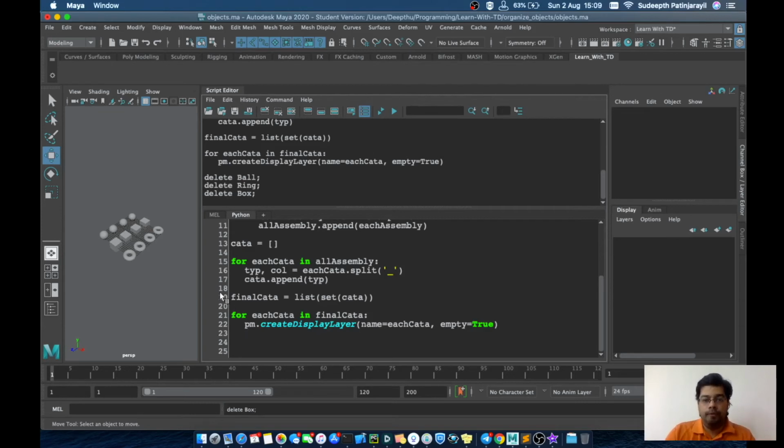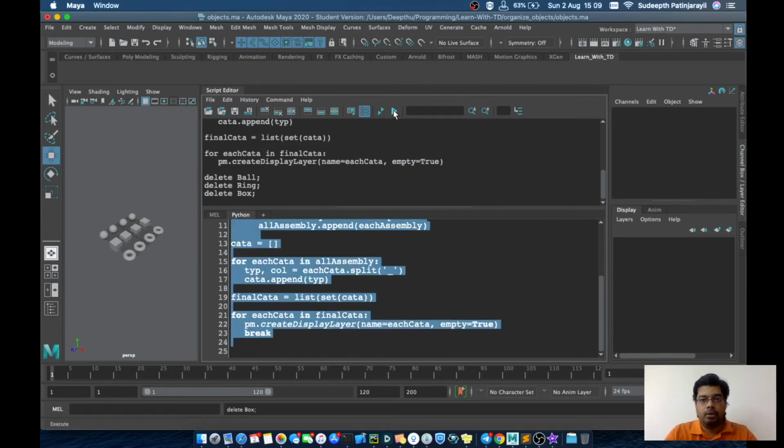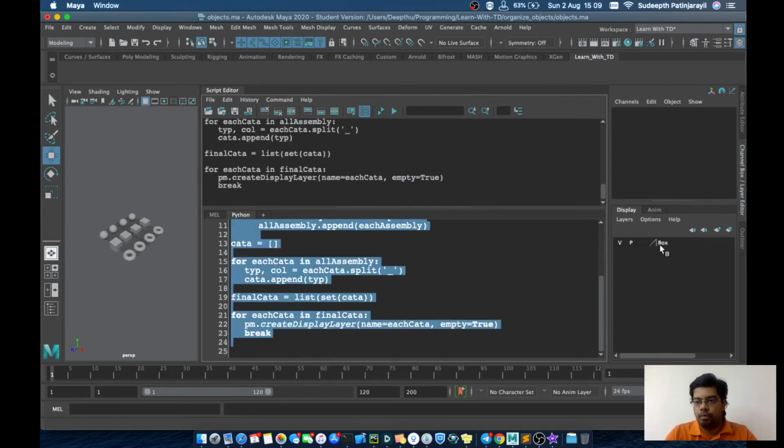If we want to look into this, till this part, you can break the running loop by using the break function. If you run like this, only the first item will be created. The box layer is created.